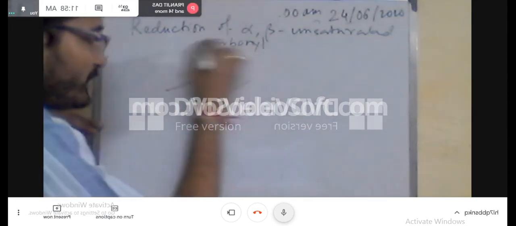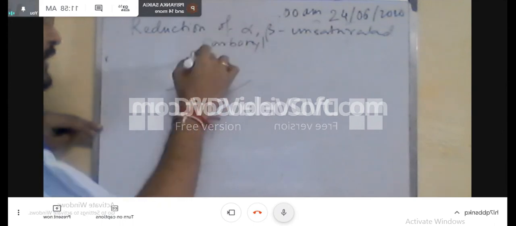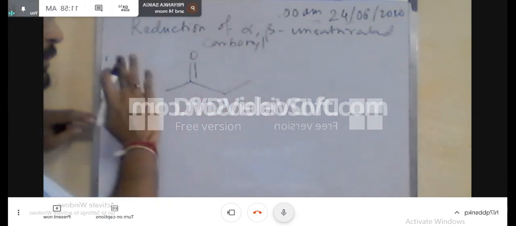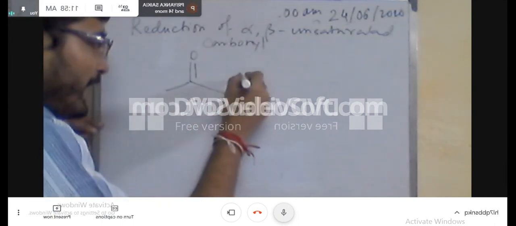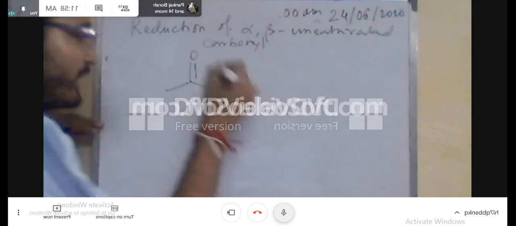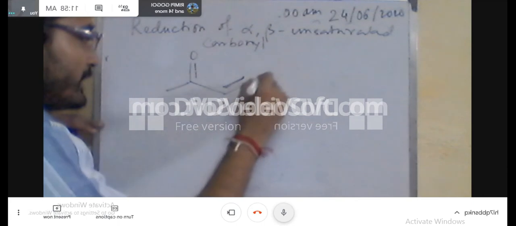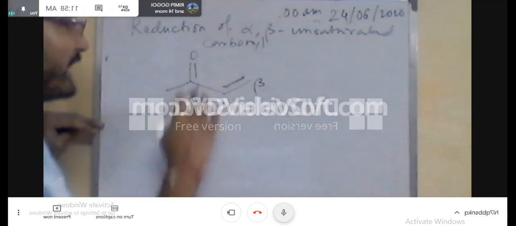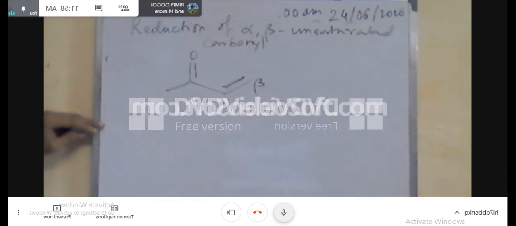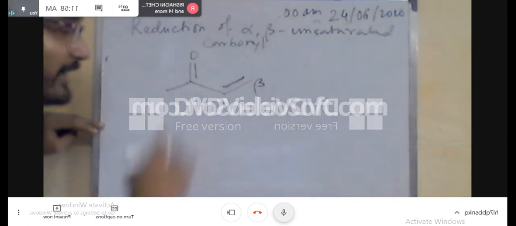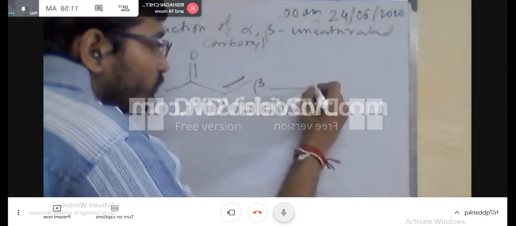So this is another example of the chemoselective reduction, and in this case the reducing agent used is sodium borohydride in presence of cerium chloride, which can selectively reduce this carbon oxygen double bond, not this carbon carbon double bond. And the last example for the chemoselective reduction,